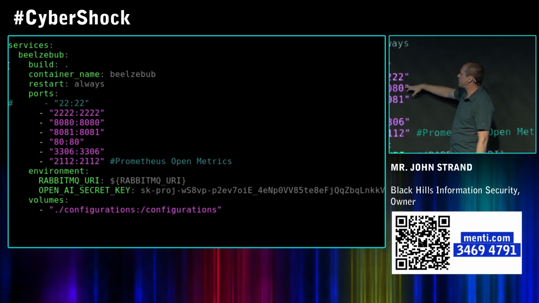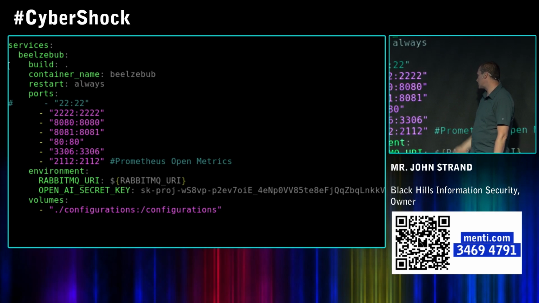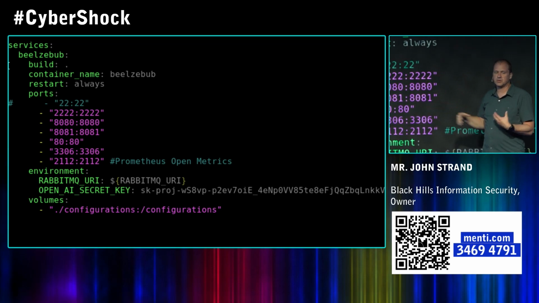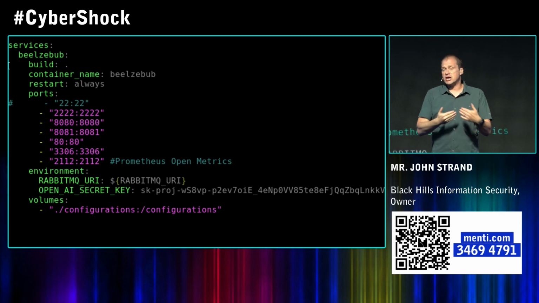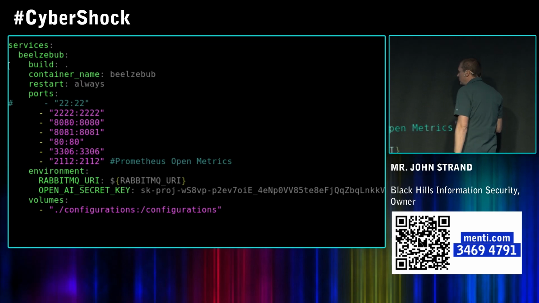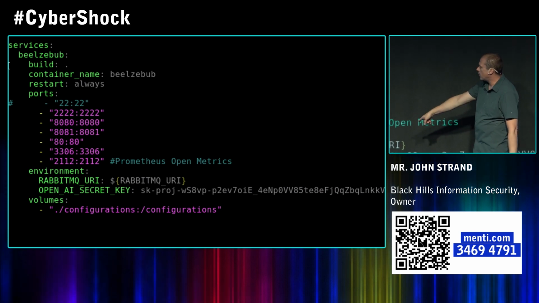But it also sets up honeyports for like a TCP proxy, a web server, and a terminal service server as well. So it's not just SSH, it can also utilize prompts from ChatGPT to generate other honeypot services. You can use RabbitMQ if you want to get your messages and get alerting off of it, but then you put your OpenAI